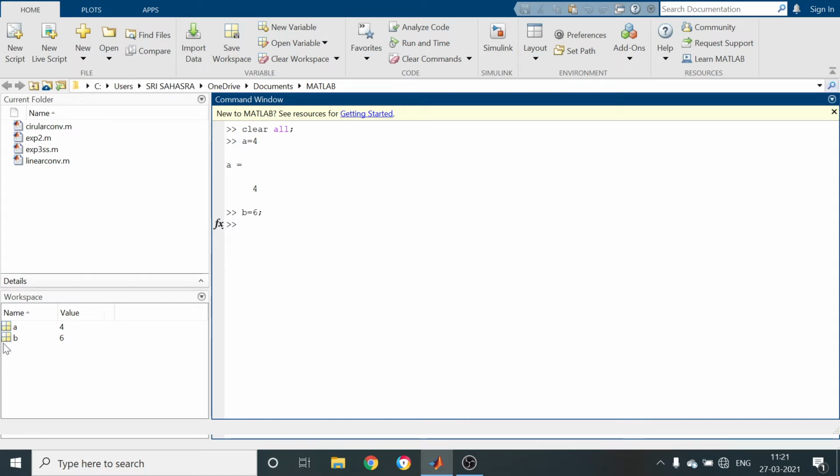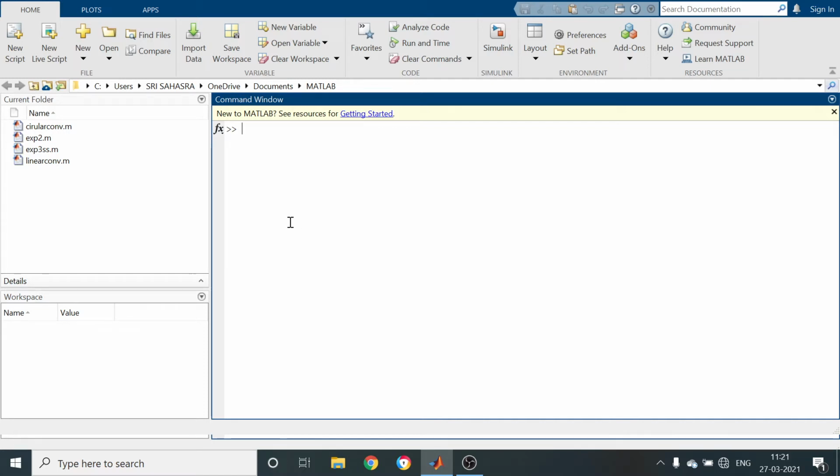A equal to 4, B equal to 6. If I want to clear the workspace, I have to use the command clear all. When you run this command, the data in the workspace disappears. If I write CLC again after this and press enter, the data available in the command window will be cleared.